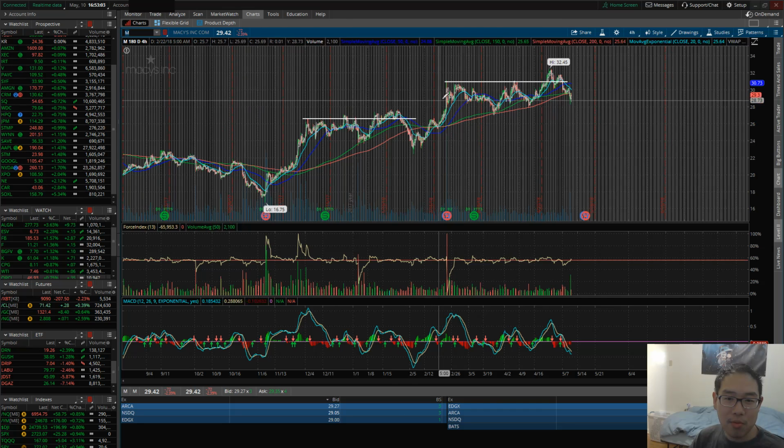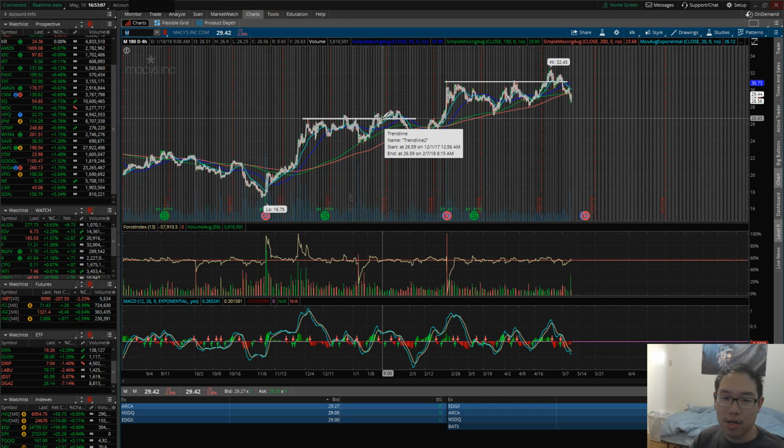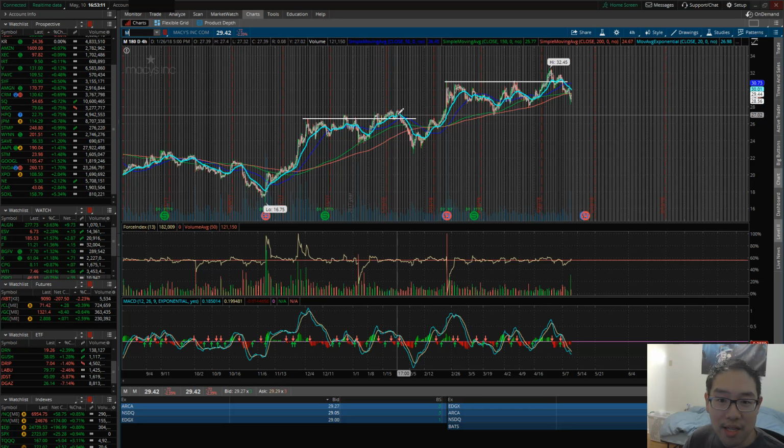We talked about resistance areas, right? Look what happens when resistance areas have been broken for Macy's at 2663. It's gone significantly higher, but then it came down. So when it broke over this resistance,